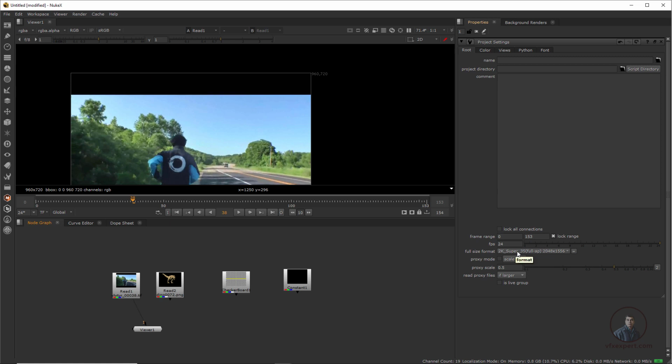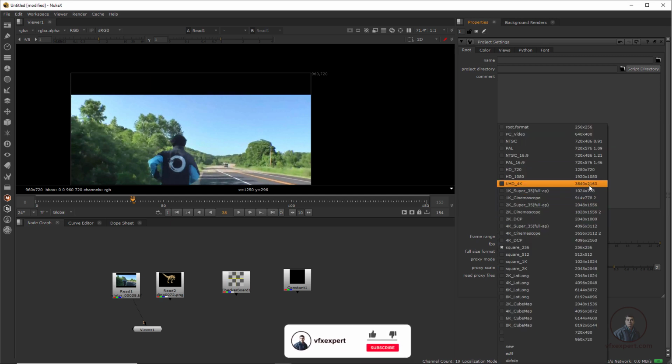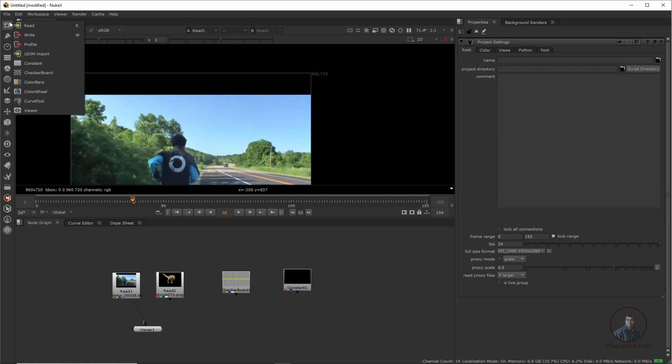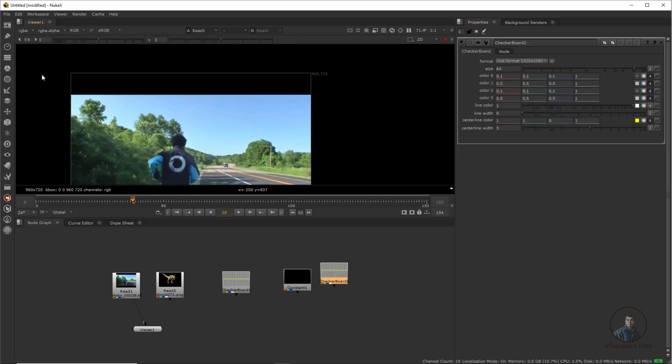Maybe you are working for film, 1920 by 1080, or whatever you want, you can define it here. So I am going to select 1920 by 1080. Now I have changed it. You can also change your frame rate here, but I have only changed the frame size. Now if you take a constant or checkerboard, this will automatically create the checkerboard according to your defined frame size here.